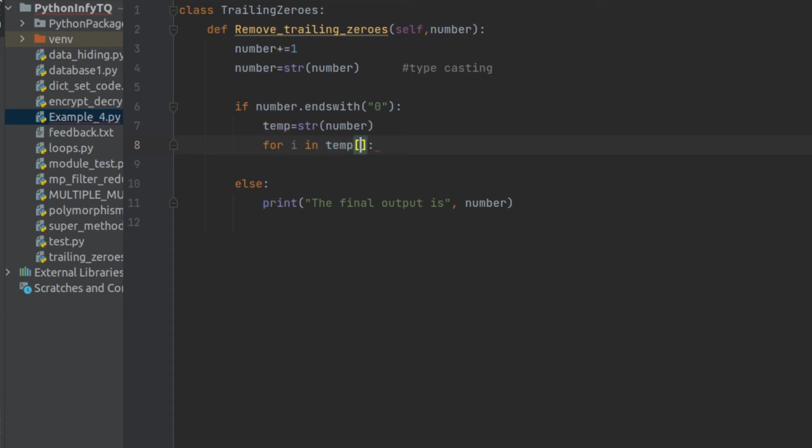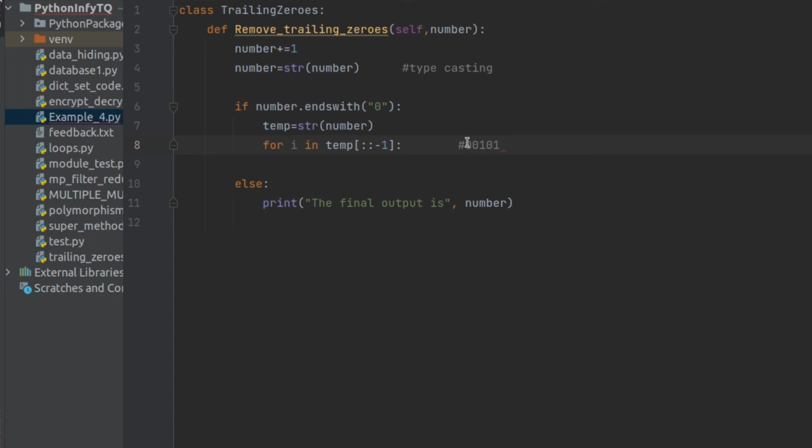In fact, I will not use it directly. I will be using it by reversing that number, because if I start using this value like this, let me give you an example. If the number is like 10100, this is the value. Now in this case, if I try to solve the problem from the beginning, I will have a bit of problems, because I know that I can have other numbers as well as zeros, but on what basis will I be terminating the loop, right? So that is the reason it is best practice to start from the end. So it will be like 00101.